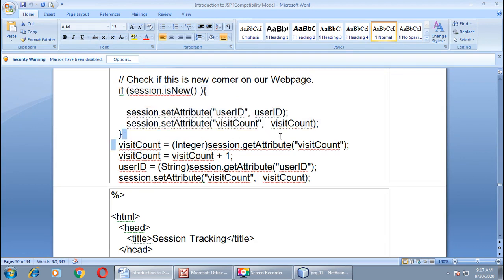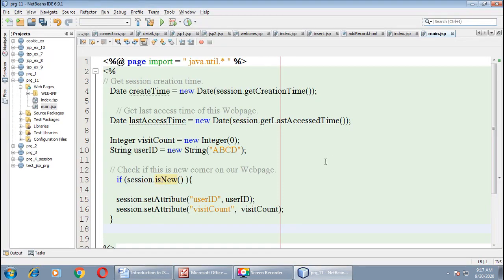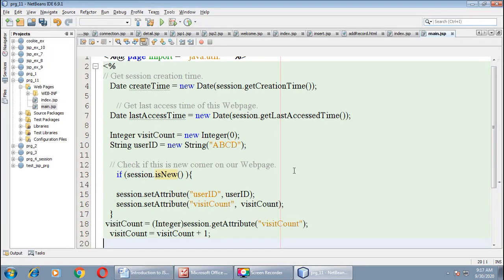Then in the next line, we want to set a new value for visit count. But before we set a new value, let us access whatever was assigned to this variable last time through the getAttribute method. As you know, getAttribute will get the value of the name specified in the bracket. Here the name is visit count.